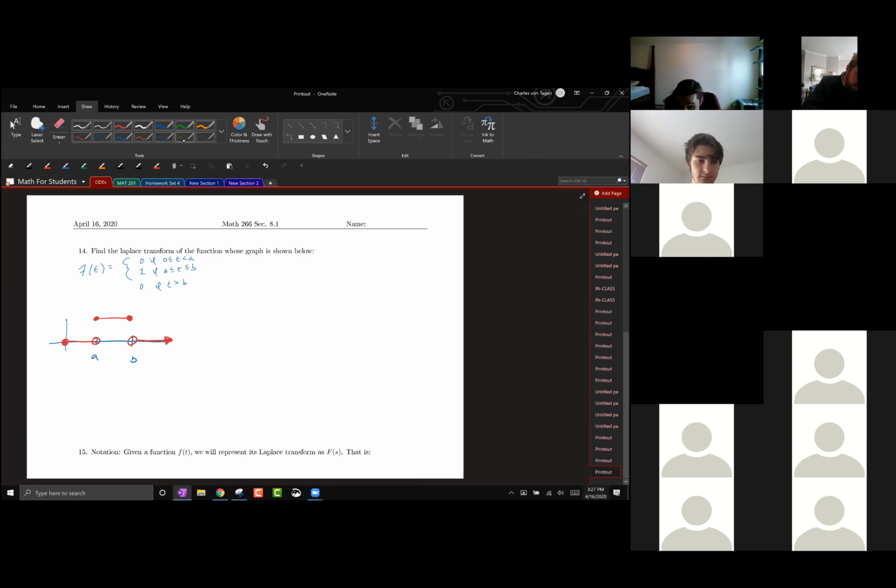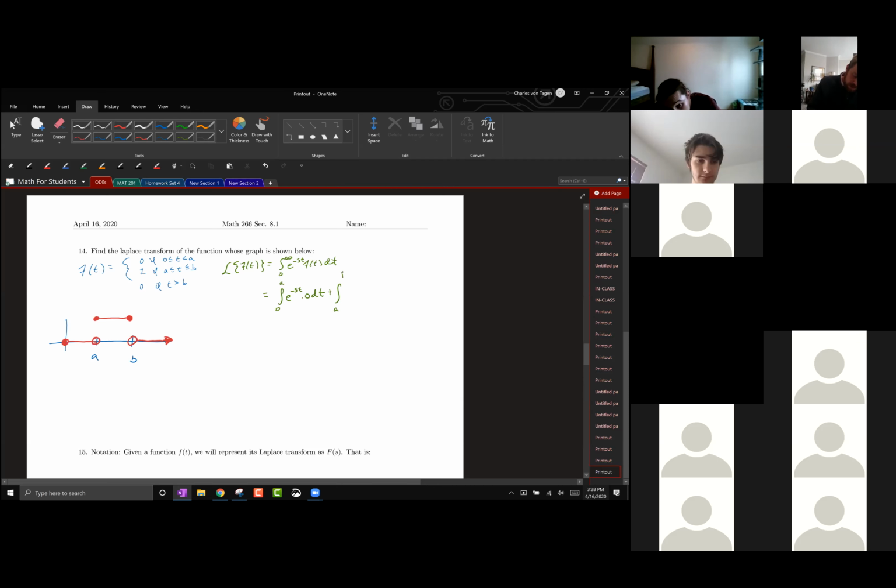So let's go ahead and do the Laplace transform of this. The Laplace transform of f of t is equal to the integral from 0 to infinity of e to the minus st f of t dt. Now what am I going to do? Well, this is a piecewise function, so to integrate it, I have to integrate it over its separate pieces. So we'll have the integral from a to 0 of e to the minus st times 0 dt, the first piece. Excuse me, I got that limit of integration incorrect. That should be 0 to a,